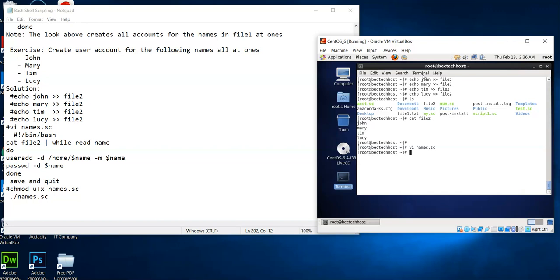We have to give the file full permission, executable permission, for names.sc. Right. Okay, and hit enter. And there we go, we got it done. Now we can run our script. Let's try it and see if it's going to give us the right results. So I hit my